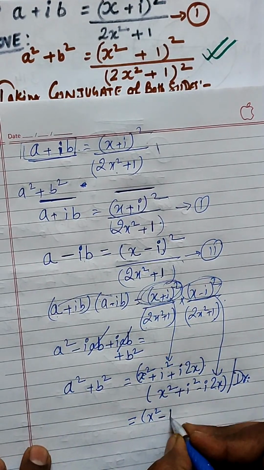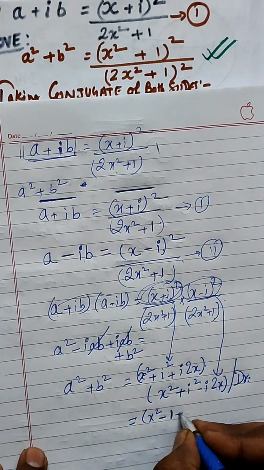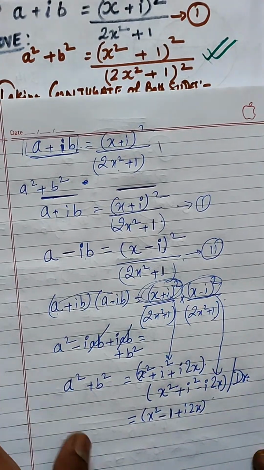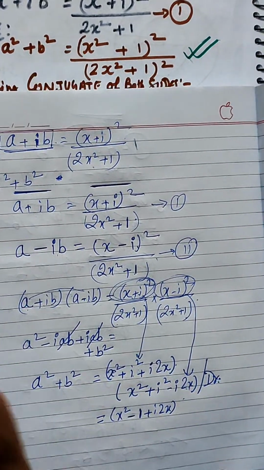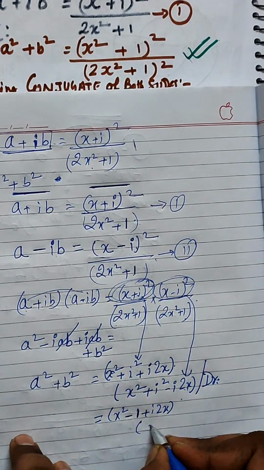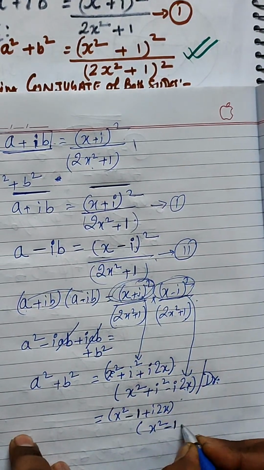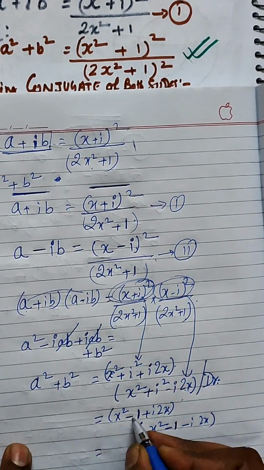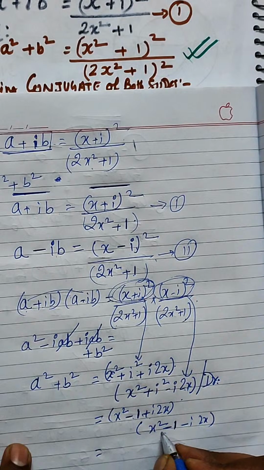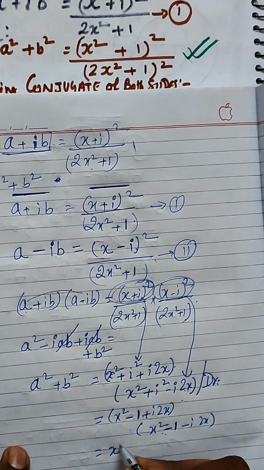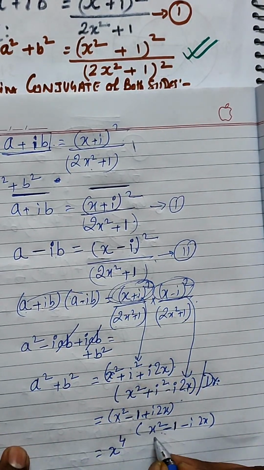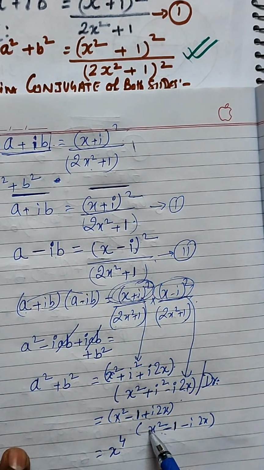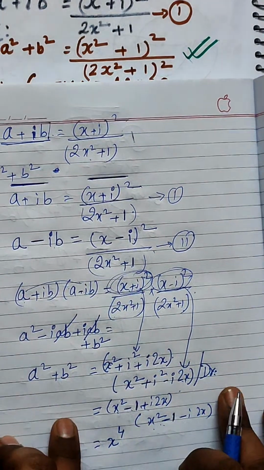So minus 1 will be there in place of i square, and plus i times 2x will be multiplied with x square minus 1 minus i times 2x. Now just multiply these two brackets, right? What we will be having is x to the power 4, because x square will be multiplied with x square. So x to the power 4